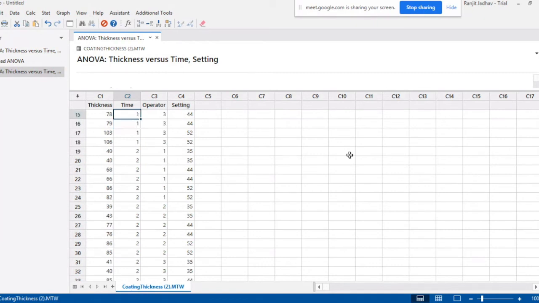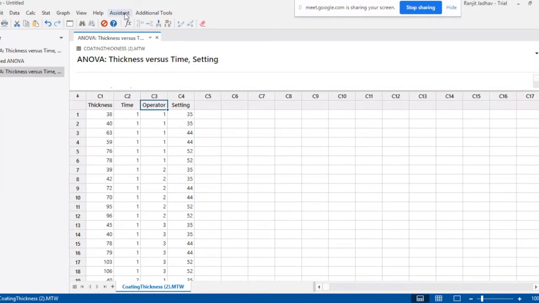Okay. And for each time, how many observations has operator 1 checked? So there are 6. Again for operator 2, it is 6. Okay. 3, again 1, 2, 3. Okay. So it should be a balanced one, in a tabular format, it should be balanced. Then we go for balanced ANOVA. Otherwise, we have to go for GLM, general linear model.